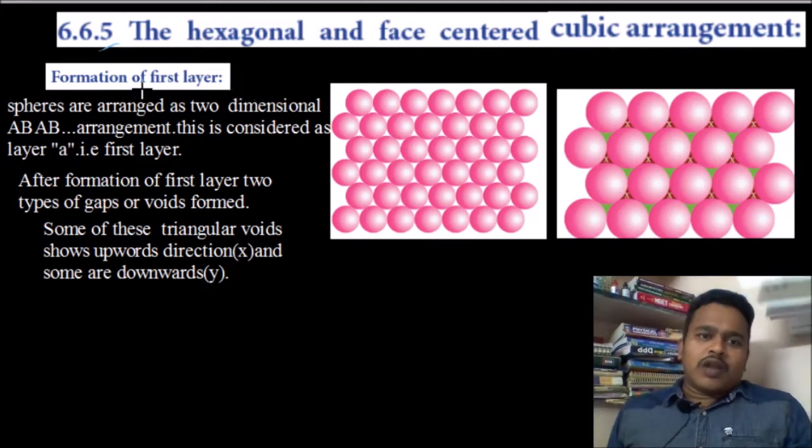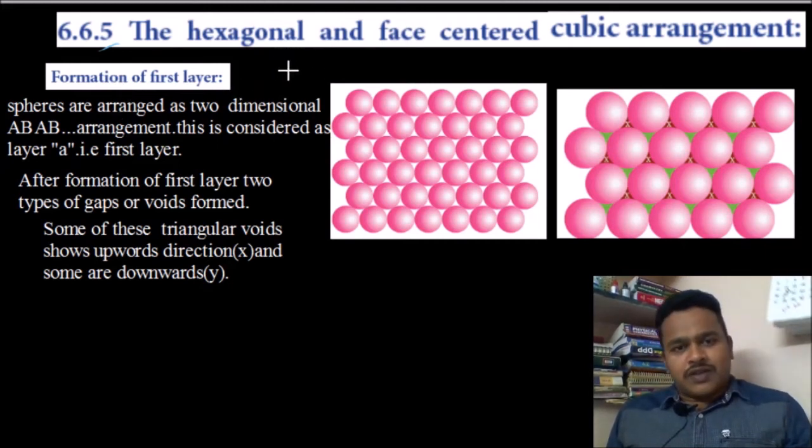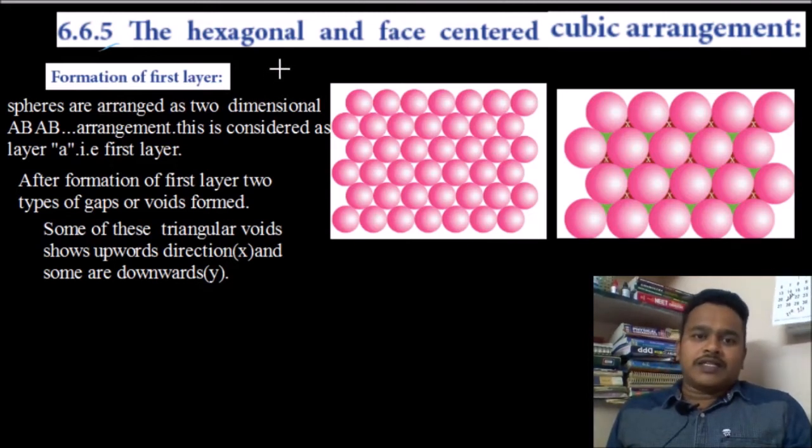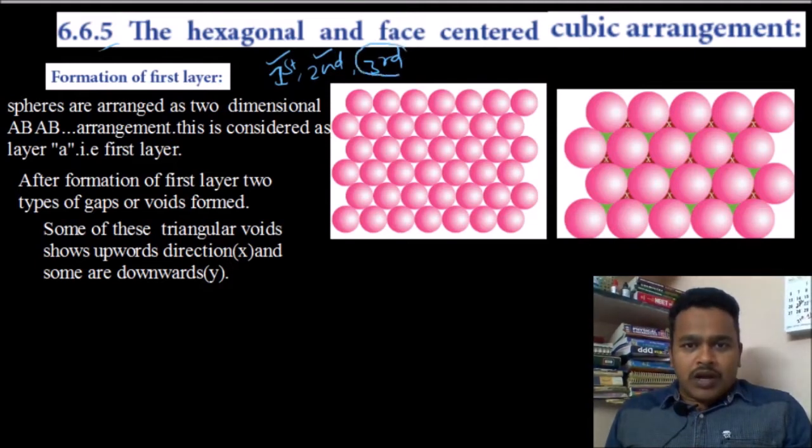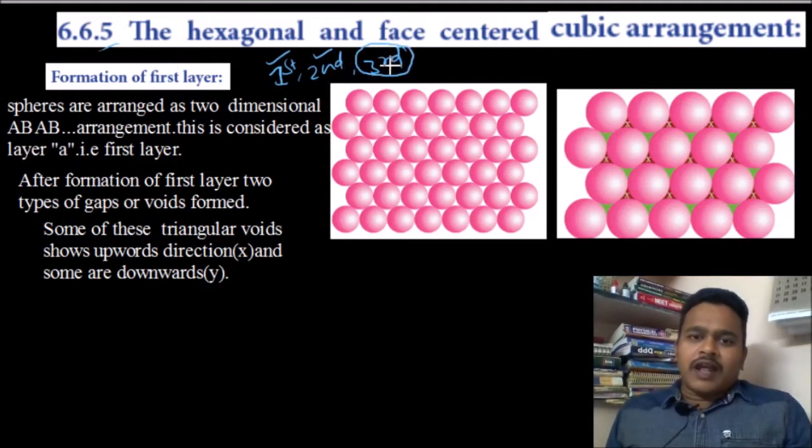We are going to study it in three layers: first layer, second layer and third layer. The first and second layers are easy. The third layer is a little bit difficult, and the complete concept is in the third layer.